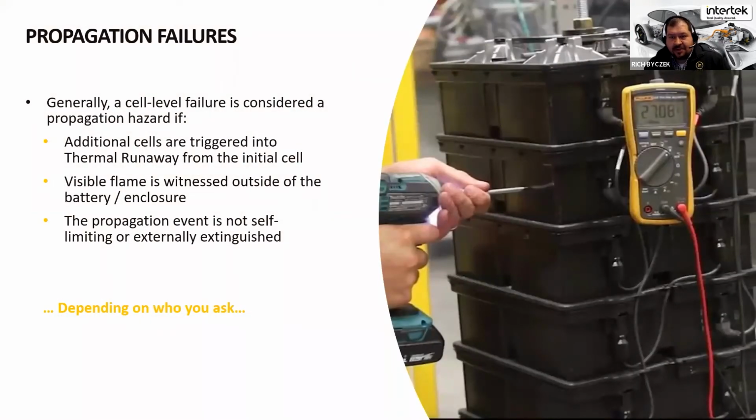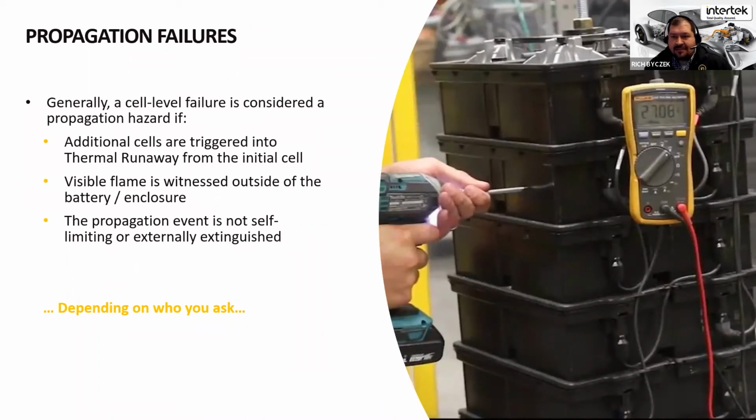So propagation failures, and we're talking here first about cell level failures. How do we actually trigger an event at the single cell level? But what happens when that potentially propagates? Again, you get additional cells, adjacent cells to go into runaway because the first cell got too hot, and you don't have sufficient protection between the cells. You don't have sufficient spacing between the cells, or just the layout of the battery causes that any venting or any release of heat from one cell directly heats the adjacent cells. So that's your propagation failure right there. How allowing that individual bad cell to trigger the cell next to it.